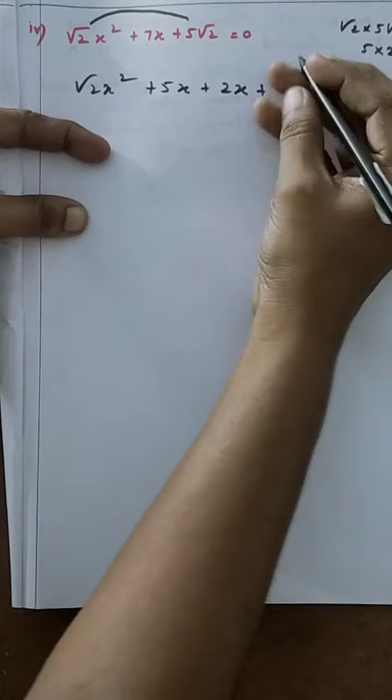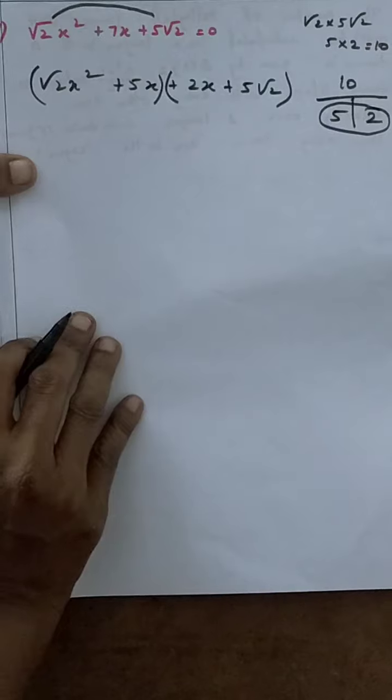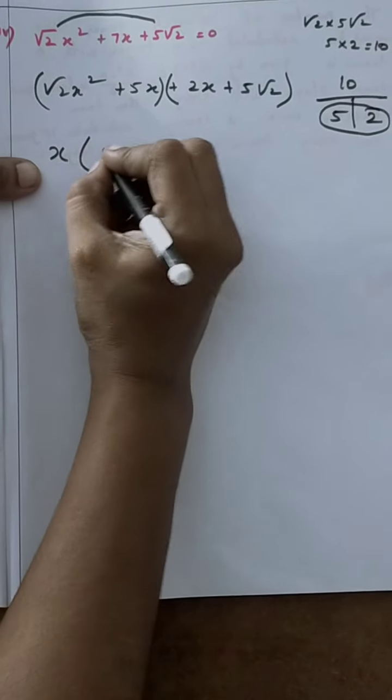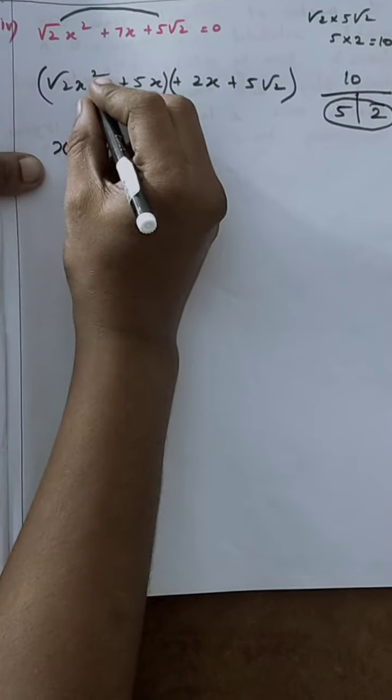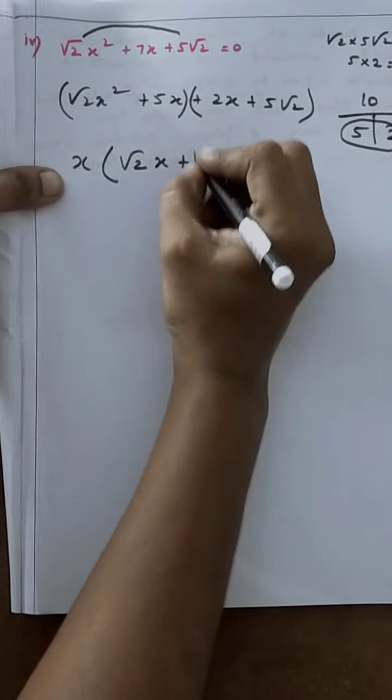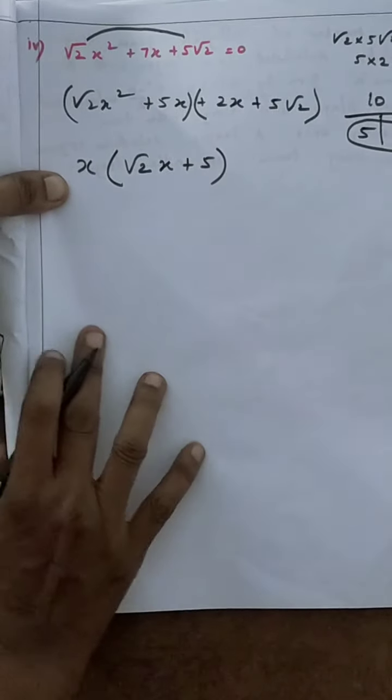So first two terms mention the common term, next third and fourth term. First one, which one is a common term for this bracket? X square is 2 times, then x one more time only repeated. So x is common for both the terms. So x write outside, remaining term root 2 x square, one more x write outside, remaining x plus x write outside is a 5 only. So root 2x plus 5.